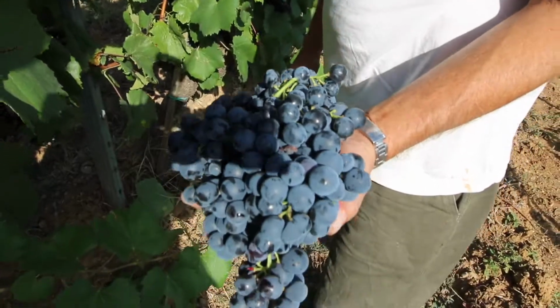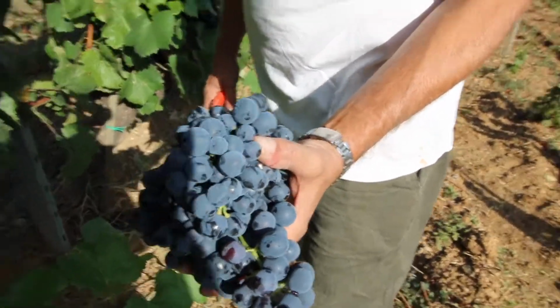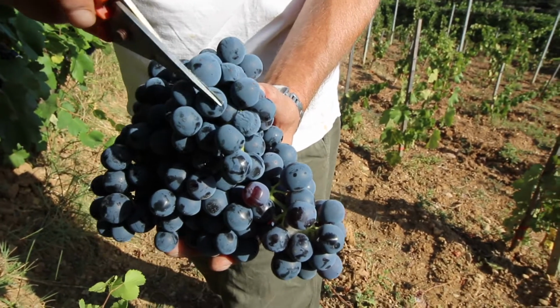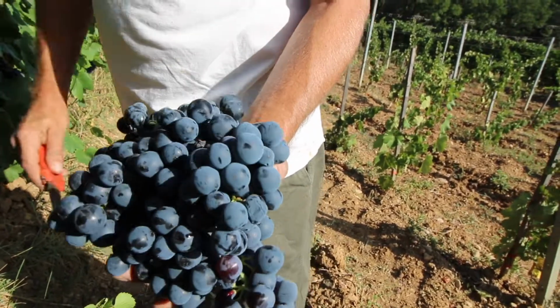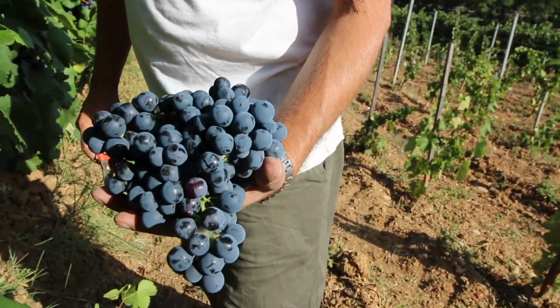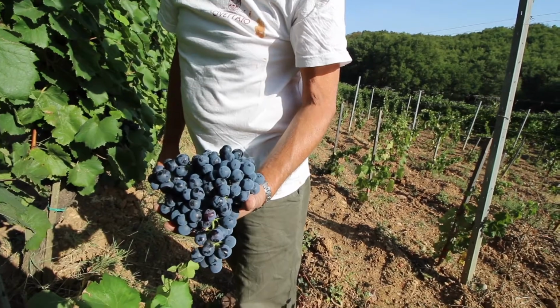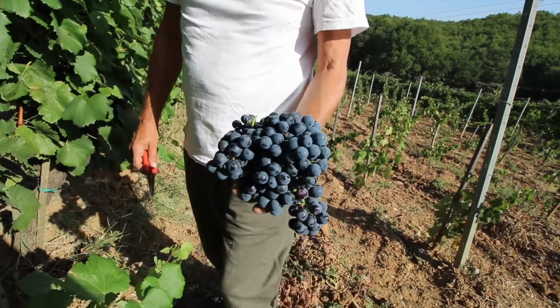Wow. What a nice grape. It's a proper bunch of grapes. It begins to dry, but it's very, very nice. This is 150, 200 grams of grapes. And well,